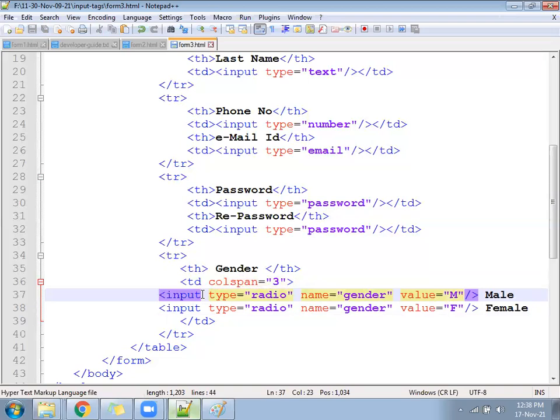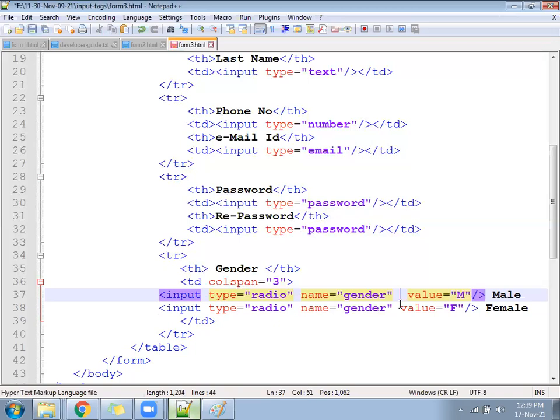Are you able to select both or anyone? Anyone it will allow. Now if the condition is that when the page loads, by default anyone should be selected, maybe male or female, for that kind of scenario, anyone should be selected, either first or second, not both.